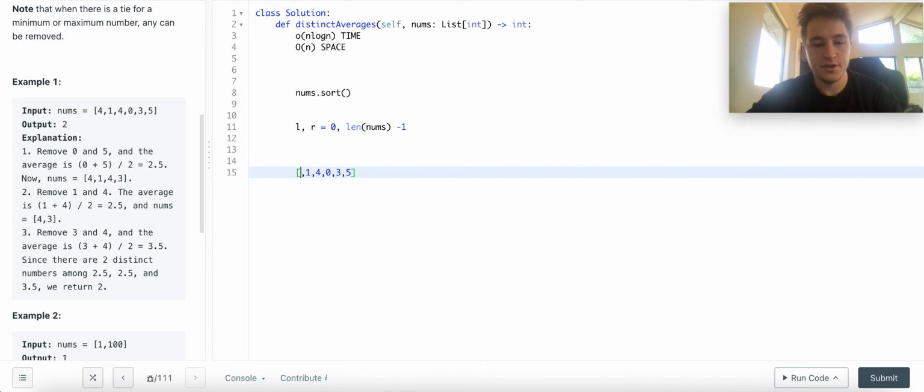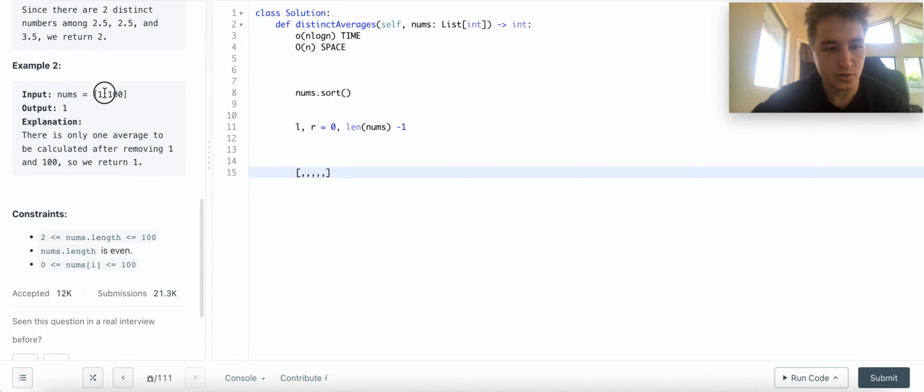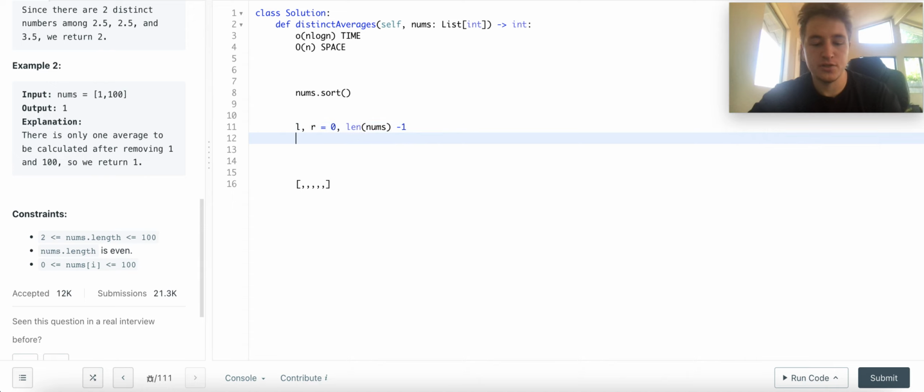Well, we'll have left here, right here, and left here, and right here, and left here, and right here. So once left passes right, you're done with this problem, right? The second the iteration where left is greater than right, you have the case where you ran out of numbers to process, right? So while left is less than or equal to right, I say less than or equal because you could have